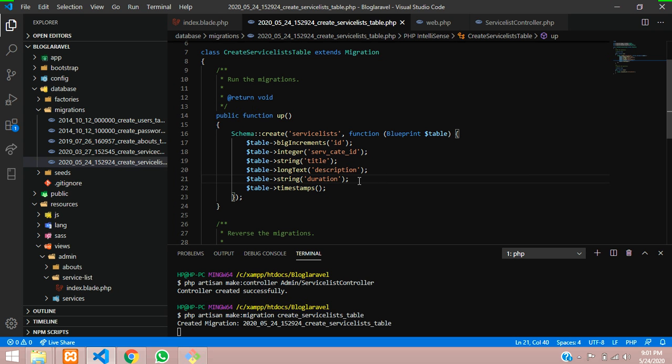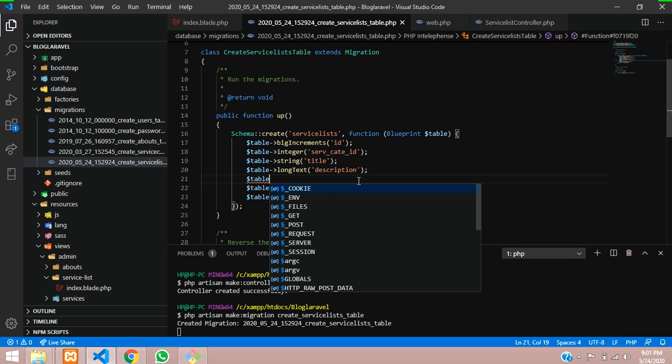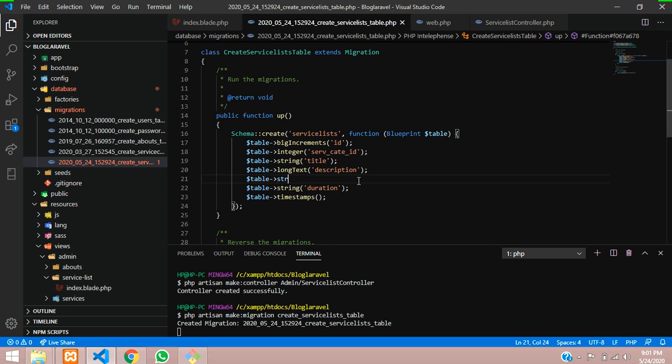So yes guys, and the final one that we are missing is the price. We will keep this also in string format, and call it price or amount. Okay, it's best to keep price. So let's save this and migrate this into our database.